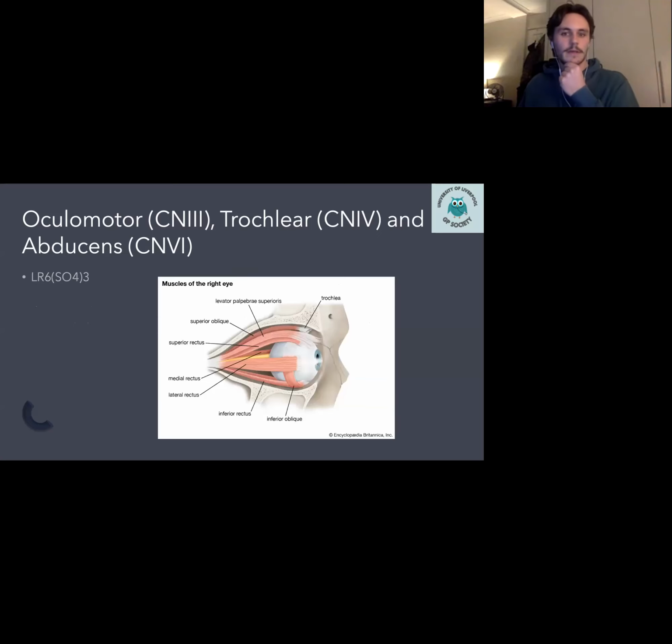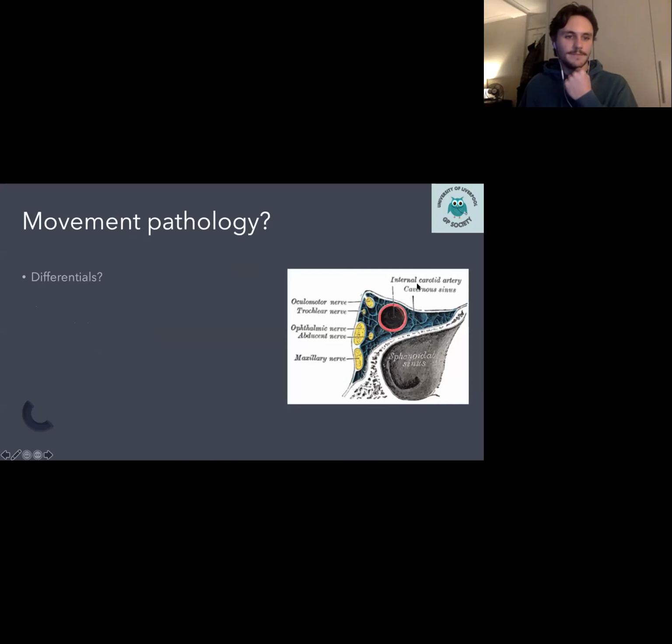Cool. Okay, so the extraocular muscles, know roughly what they do, and we all know this. This is a really useful mnemonic. Lateral rectus 6, so the abducens nerve, superior oblique 4, trochlear nerve, and the rest are 3. Really helpful. I'm sure we're familiar with that. Okay, so